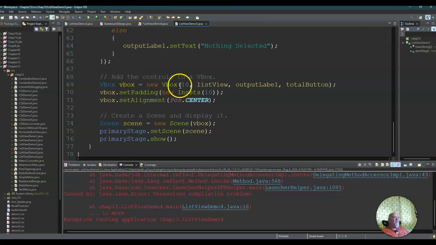We create a VBox with spacing of 10. We put the list view, the output label, and the total button in there. We set the padding to 10, so the outside padding is going to be 10 pixels. We align to center, put the VBox in the scene, put the scene in the stage, and we show the stage. So when we run this,